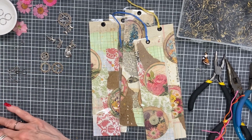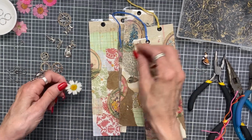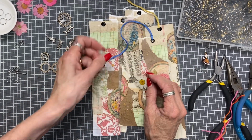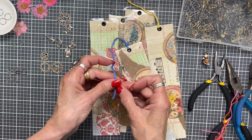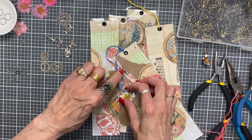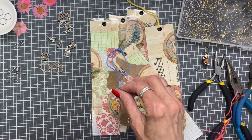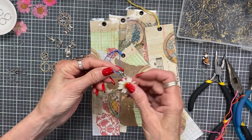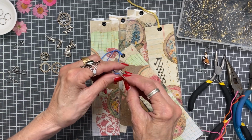Oh, I did laminate some of these dried flowers too, which I could put on there also. And then I punched a little hole in there. Actually the flowers went through really well on the laminate, so I'm thinking the paper is just too thick for it. I mean, it just may not have the right